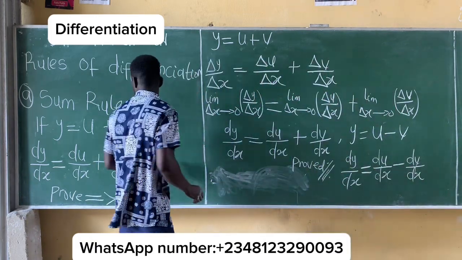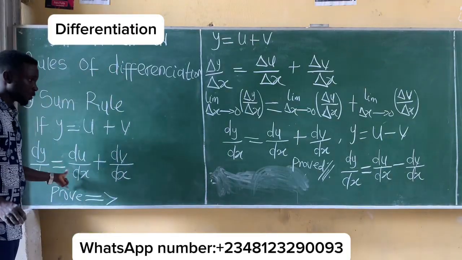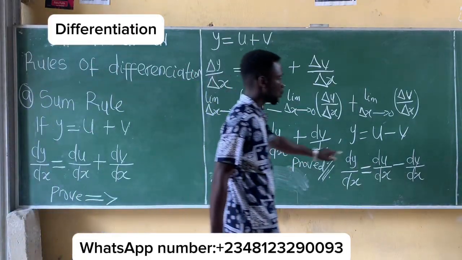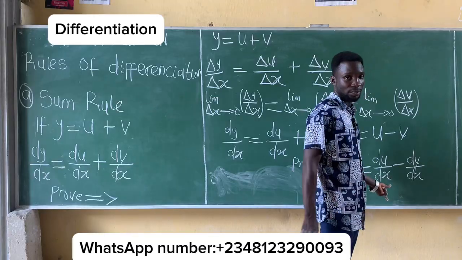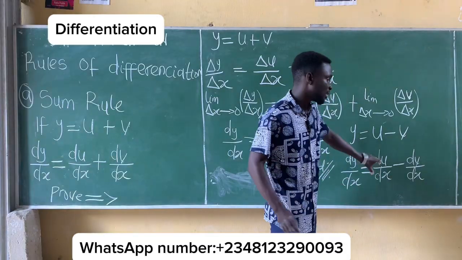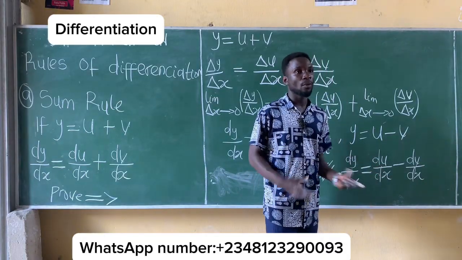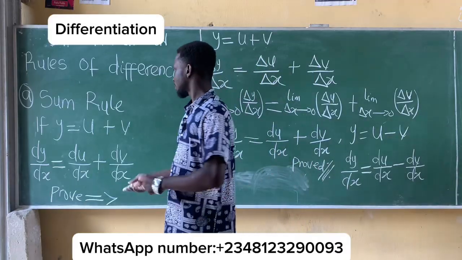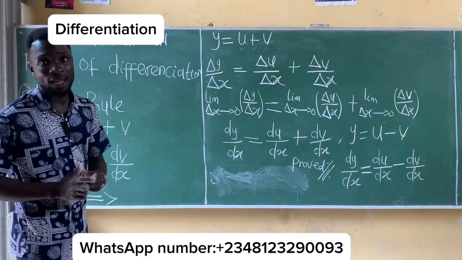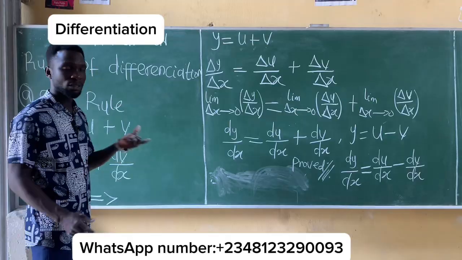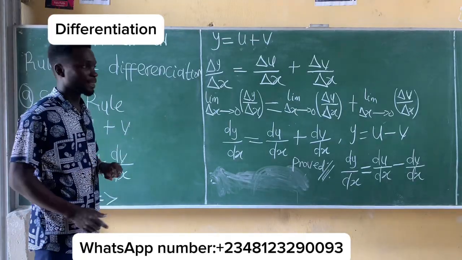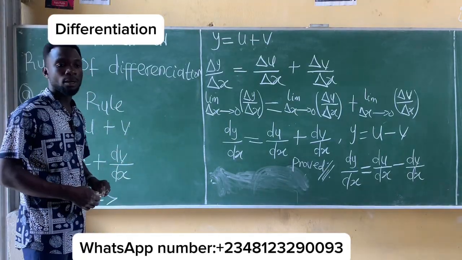So positively, if y is equal to u plus v, you have this. If y is equal to u minus v, you have this. You can also try the proof of how they got this formula in your free time. We'll now look at examples or the application of this sum rule in differentiating. So that will be our next